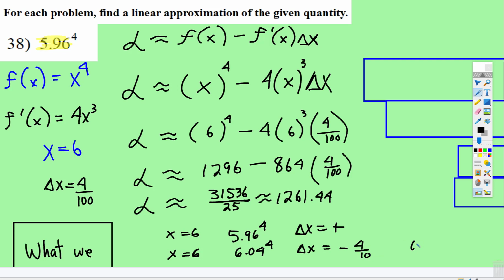Because when you do 6 subtract 6.04, the difference is you have to subtract 4/100 to get to 6. All right, I was not explaining that very well, but that's it for